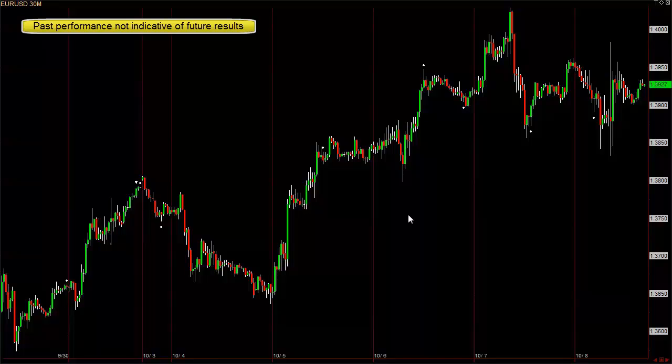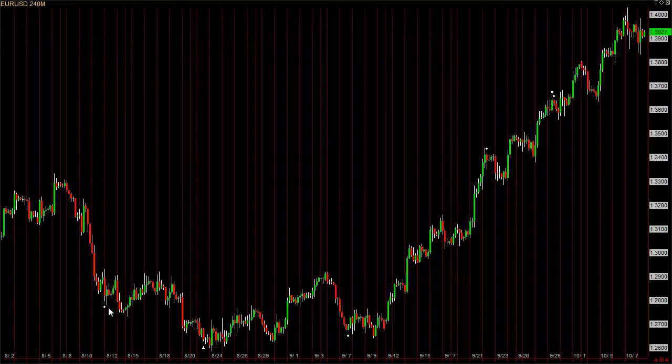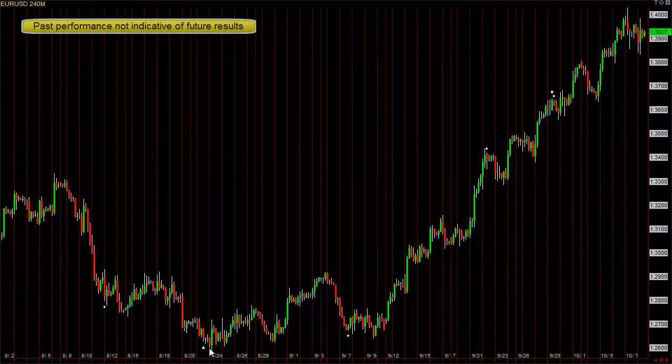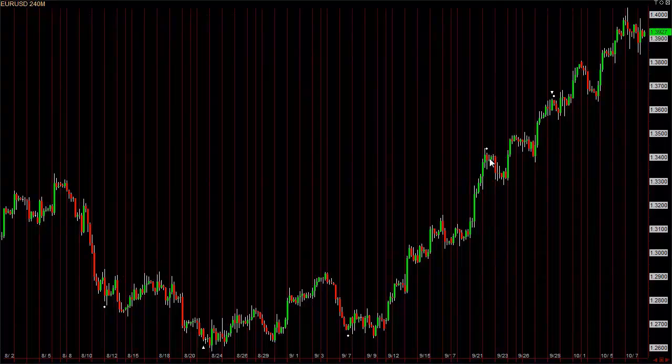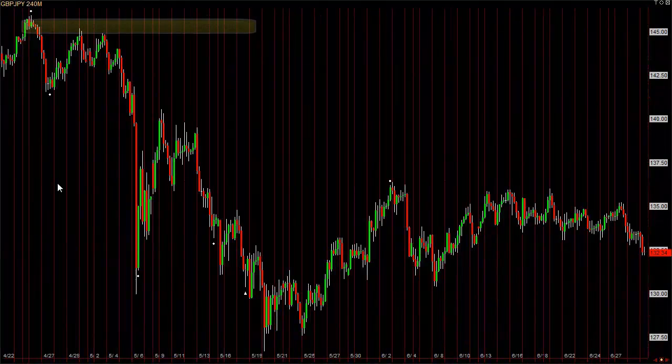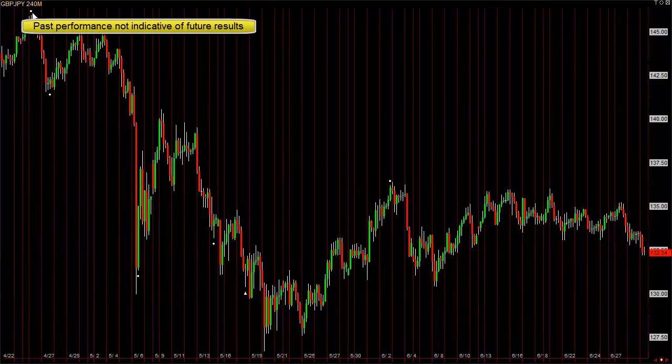Let's look at it on the 240-minute chart. You can see reversal. The market kind of went sideways. This one nailed the low, the triangle again. This one nailed the low. This one nailed the high. The market pulled back about 100 pips. This one here failed. Here in the pound yen, you can see this one did a pretty good job of